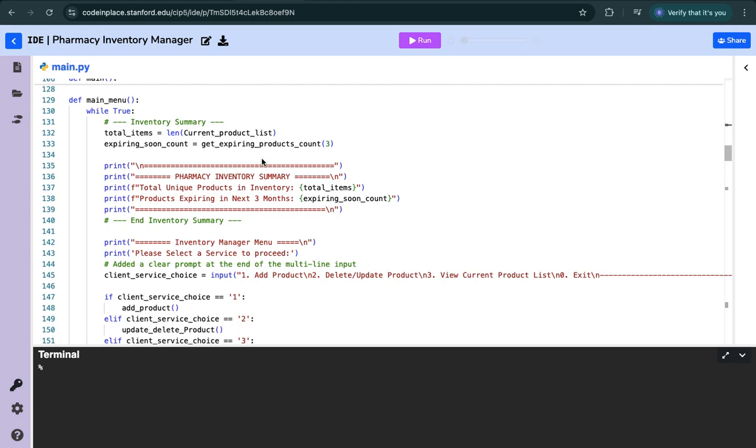We are assuming that at the start of the procurement, maybe they have already procured the products and brought them into the building, and you want to record that you've got such an entry. So this is like the receiving part, adding products to the inventory. We want to capture a number of things. We want to capture the drug name. We want to capture the quantities. We also want to capture